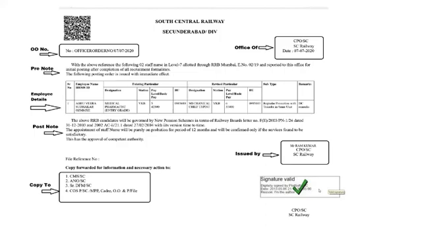And no overwriting or correction can be made. Then you have the office order, which is a local office order of the place. Which office is issuing the order is mentioned in the top right. Then we have the pre-note, which can be kept in your library and used as per your choice. Below that is the employee detail. We'll talk about it later on. We'll talk of the post note first. Post note again is something which you keep as your template, and you can use it.